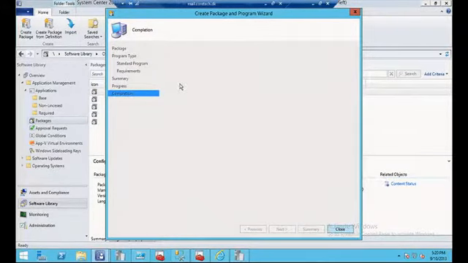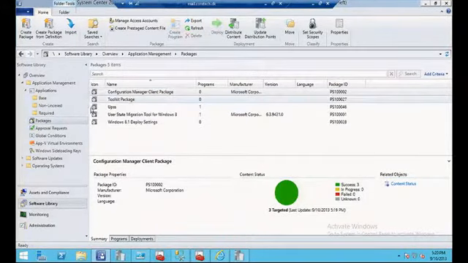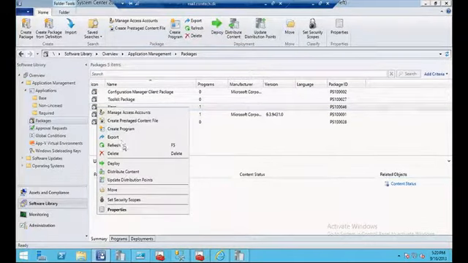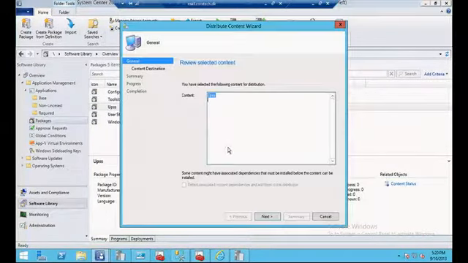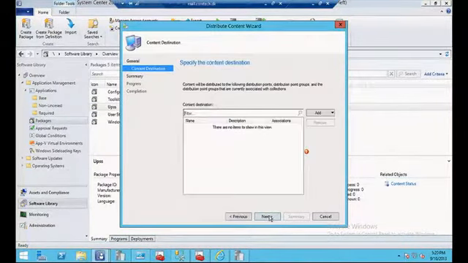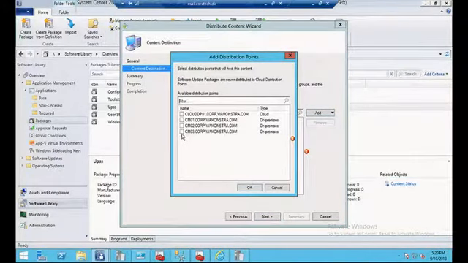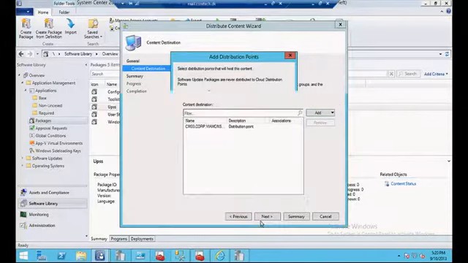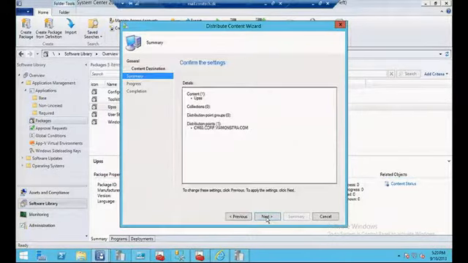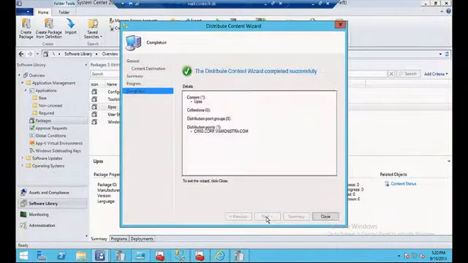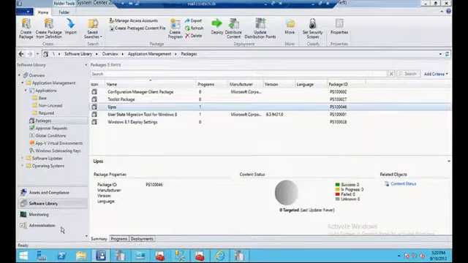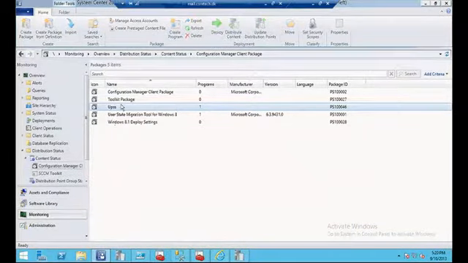because the only thing I want to do is take my oops package and distribute the content and send it to my distribution point. So currently I do not know how many gigabytes are in here, and it's absolutely a mistake, because it's my entire software repository. So what I can do is go to my monitoring node,